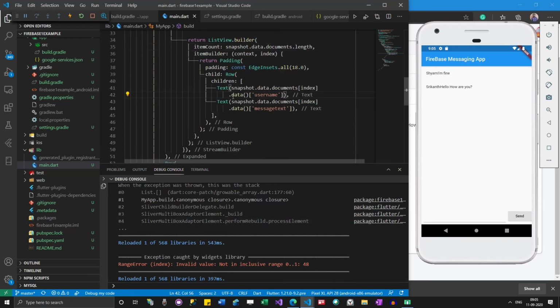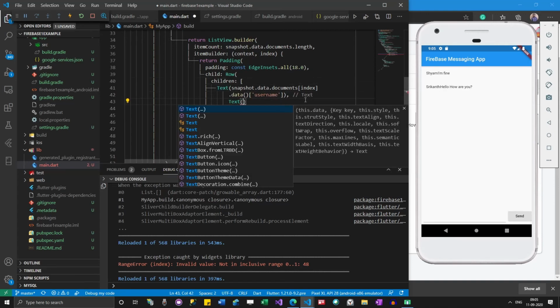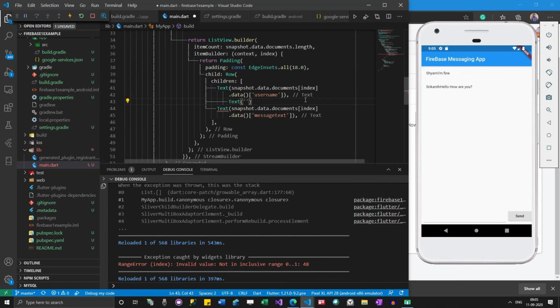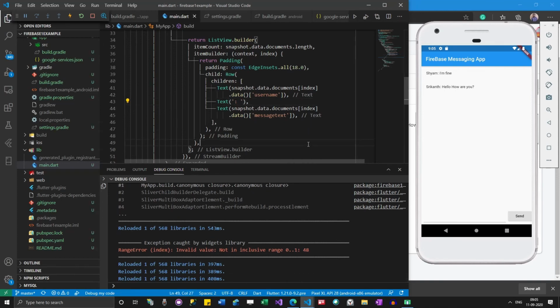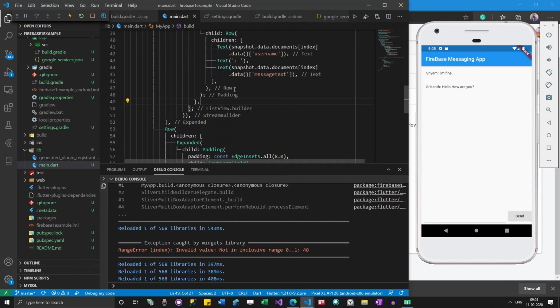Let me improve this slightly. Add some space. Now I have got some data which is being populated from the Firebase.